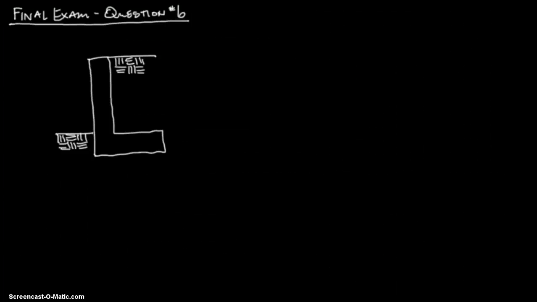Welcome to the final exam, question number 6, and it asks, in the concrete retaining wall shown below, the proper placement of reinforcing steel is shown in, and it gives you 4 examples. Well, I'm going to draw it in there, and we're going to see which one matches up with our drawing. And when you think about it, here's your retaining wall. You're going to have this active pressure wedge coming in like this,